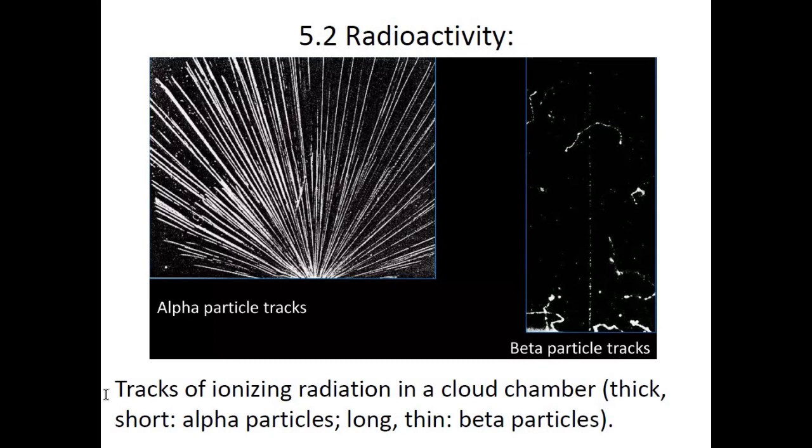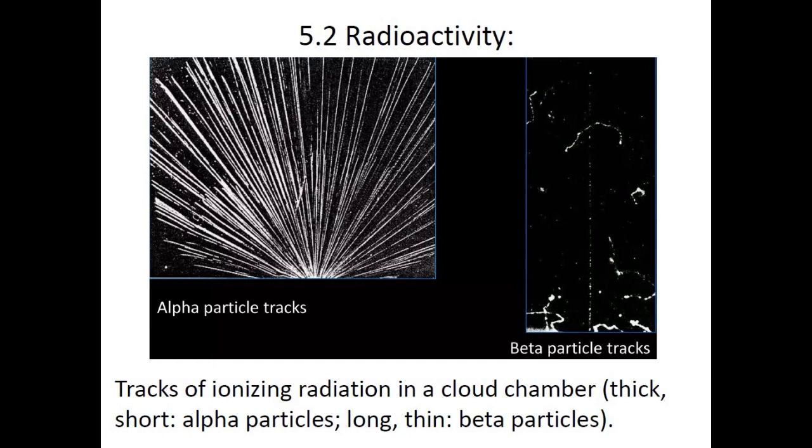If you have a source that is emitting alpha particles, then alpha particles usually start at the source and spread out in all directions, having thick but short lines, or thick and short patterns